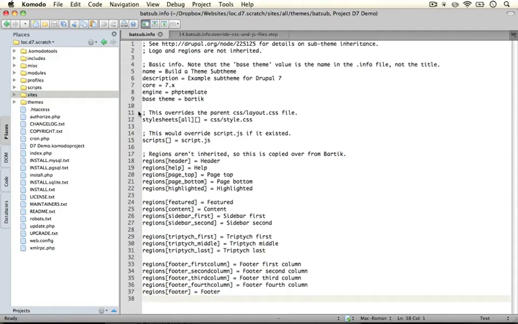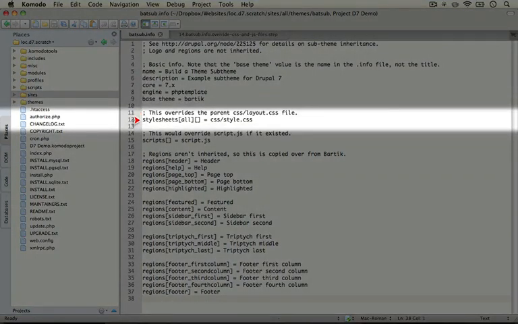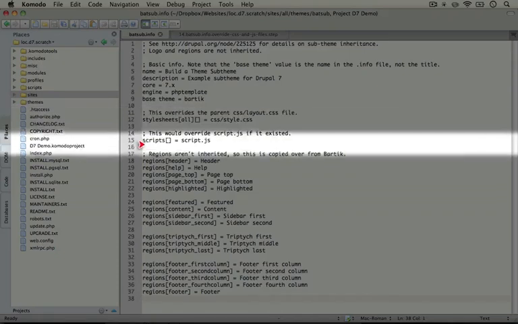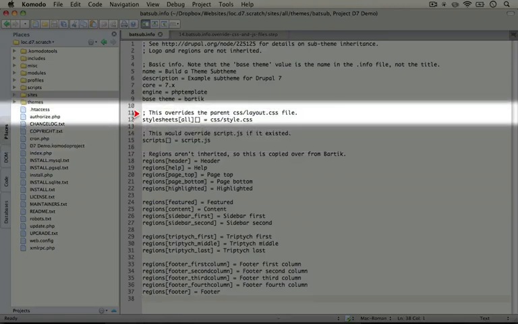Now this file is nearly identical to our previous file that we used to create a subtheme, except we've added 2 lines to it. One, we've added a style sheets all and then empty brackets, css/style.css, and then scripts with empty brackets and script.js. Now, this is simply a demonstration of how we would override the CSS file and the JavaScript file of a